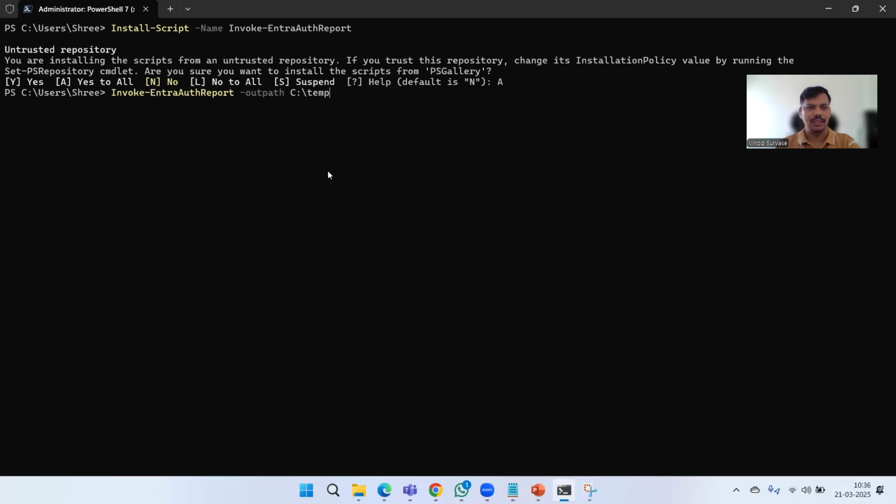So now let's execute this command from where we can get the report. So now I'm going to give this location where I wanted to get the report, right? C:/user/Sri, that's the folder within the users folder. So once we execute this report, what is going to happen is it's going to call out this Entra module, which we have installed, and then it is going to call out all those reports and